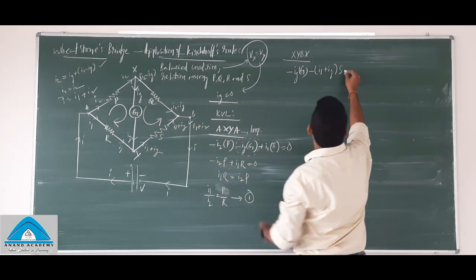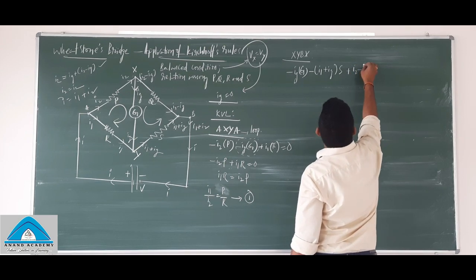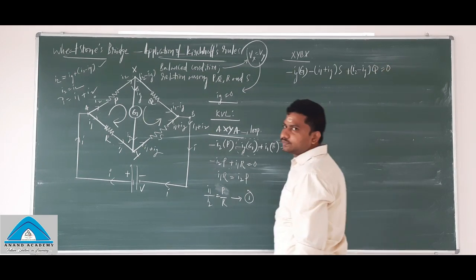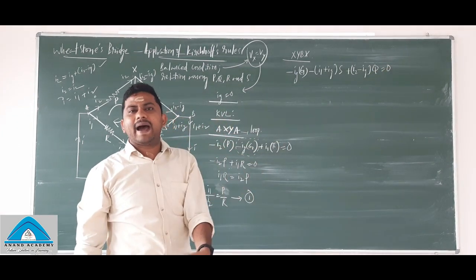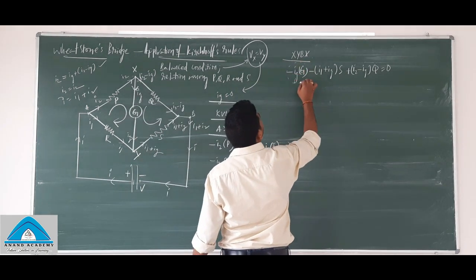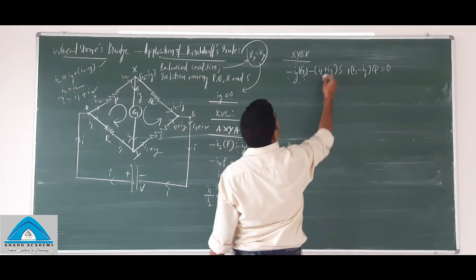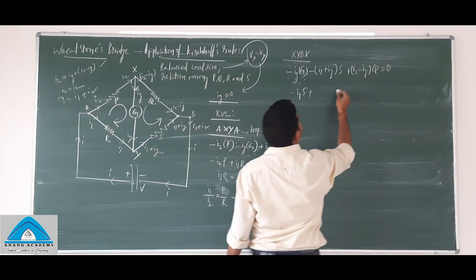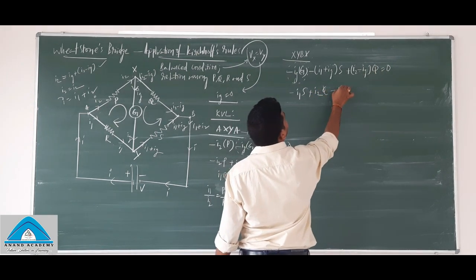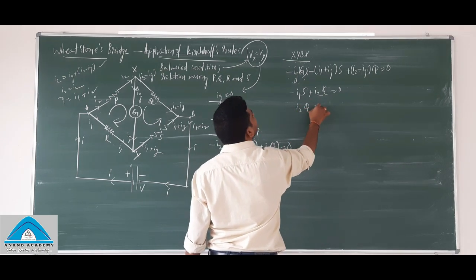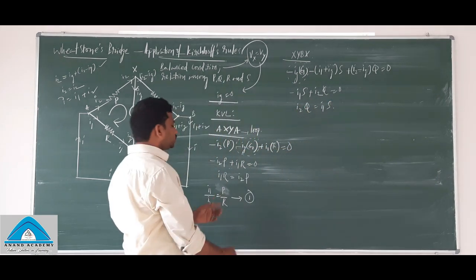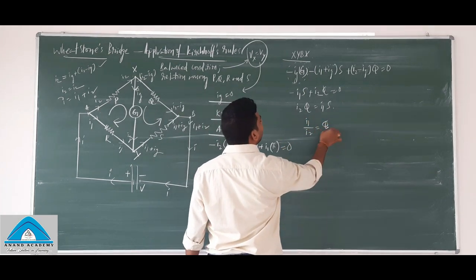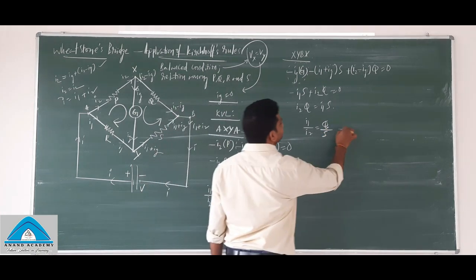Then that will be plus I2 minus Ig into Q is equal to 0. Ig is 0, right? Because we are talking about the balancing condition. So this term will be 0 and this term will be 0 and remaining here is minus I1 into S, plus, so this term will be 0. So this is plus I2 into Q is equal to 0. I2Q is equal to I1S. From here also you can write I1 by I2 is equal to what? So Q by S. Okay, it's equation 2.